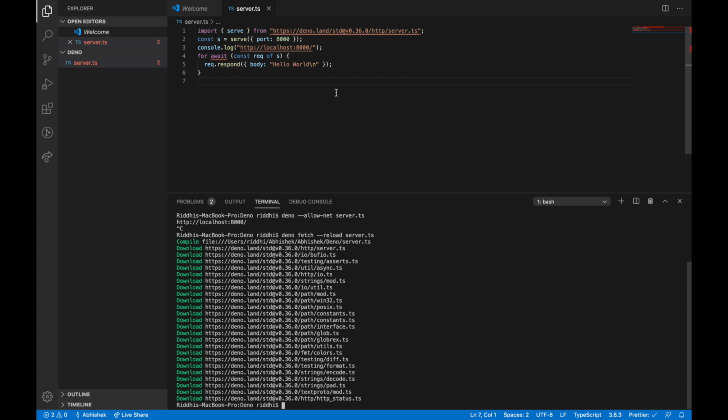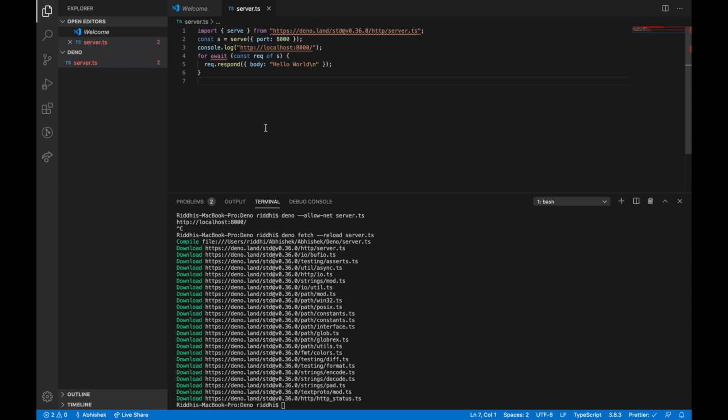So these are the three features of Deno which are very important. The first one is that it is a secure environment. You will have to provide permission, and only then can you access the network or the files or some other things as well. The second thing is that you can use TypeScript out of the box here. The third thing is you don't need a package.json file or npm. You can just directly refer to the packages from their URL.